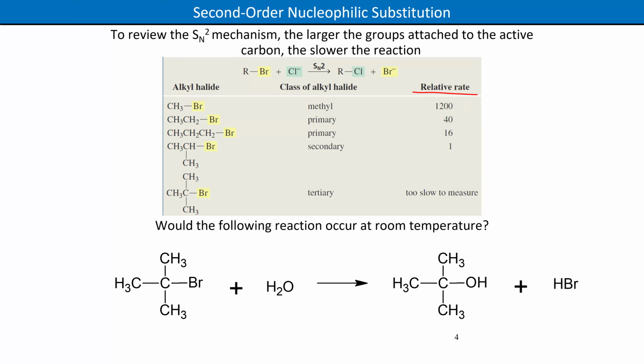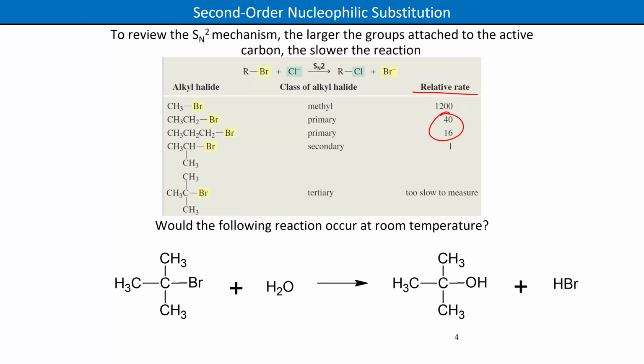A primary alkyl halide, whether it's a propyl group or an ethyl group that the bromine is attached to, is between 10 and 100 times faster than any secondary